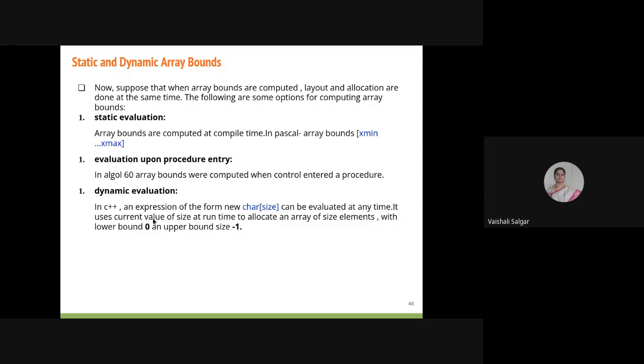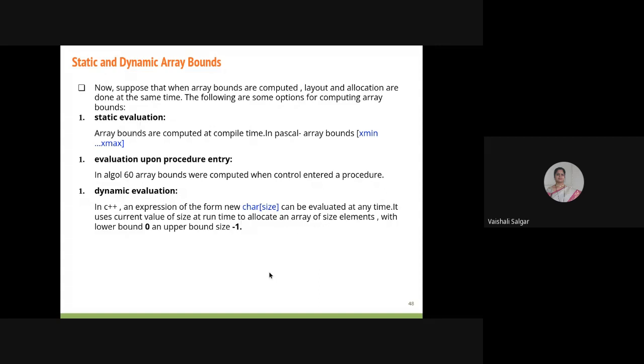And dynamic evaluation is nothing but, in C++, an expression of the form new char of size. It means I have declared a variable size equal to 10, or you accept the value of size from the user and then allocate; it will be evaluated at any time and uses the current value of size at runtime to allocate the array.